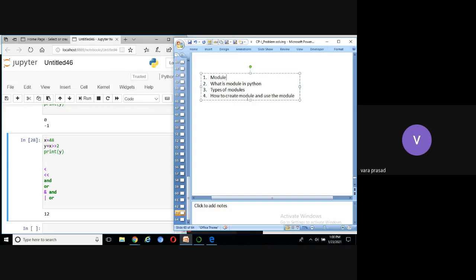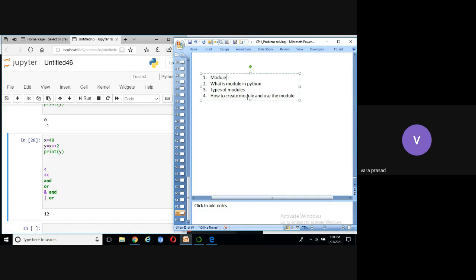Did you understand what a module is? What is a module in Python? What is modular programming? When there is a complex or big task, we cannot implement the complete task using one program. So I can implement the complex task using multiple programs, each program acting as a module in Python.